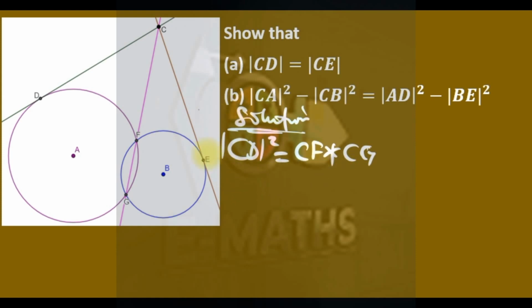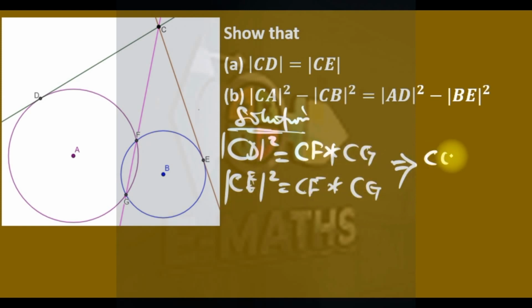And that same logic we apply here, that CE squared is equal to CF times CG. Which implies that this and this are equal. So meaning that CE is equal to CD. This is CD and CE, they are equal, as you can see. So that's